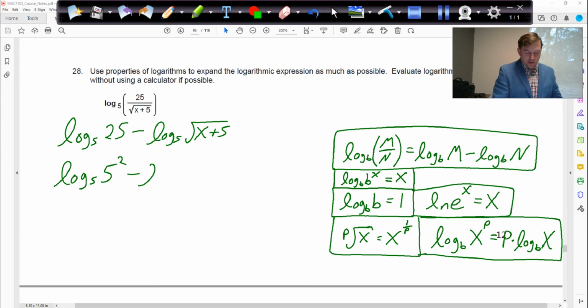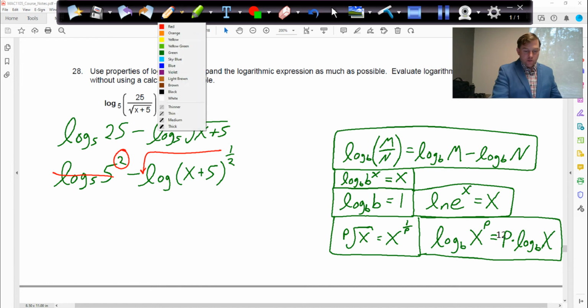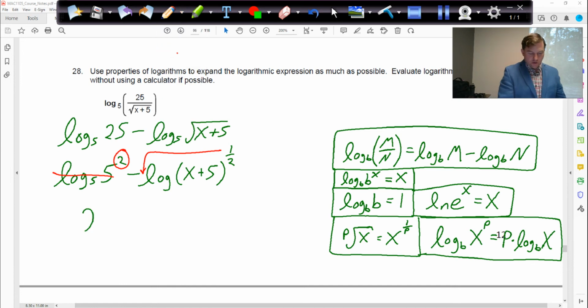Then we're also going to write this one as not the square root of x plus 5, we're going to write it as x plus 5 to the 1/2 power. And then we're going to see, based on that rule I wrote, these will cancel. The result will just be 2. And we're going to bring this 1/2 down. So we're going to have 2 minus 1/2 log, oh, I forgot base 5, let me write that, base 5